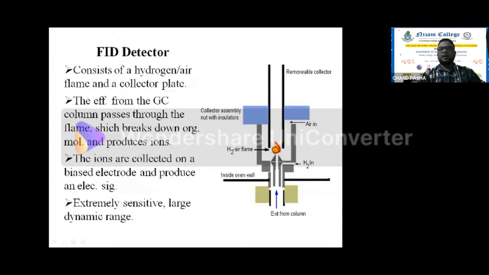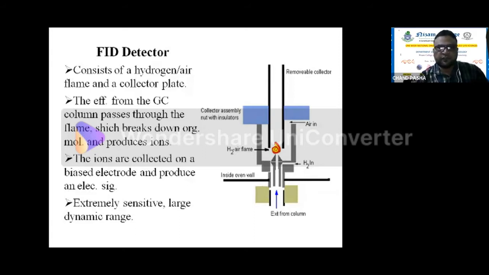This is the very common and very frequently used flame ionization detector. Here in flame ionization detectors, what happens? The column will separate the biomolecules or whatever volatile molecules. Once it comes out from the column, it will enter the flame chamber. In the flame chamber, a flame is created with the help of hydrogen and the oxygen that is coming from the air. These two are being supplied, so the molecules will be charred or flamed up.